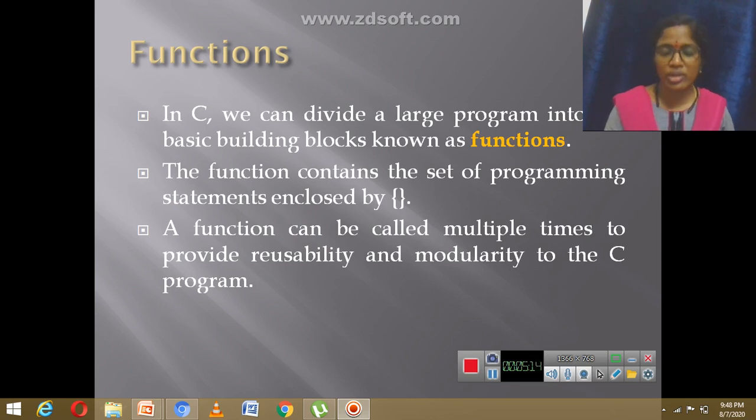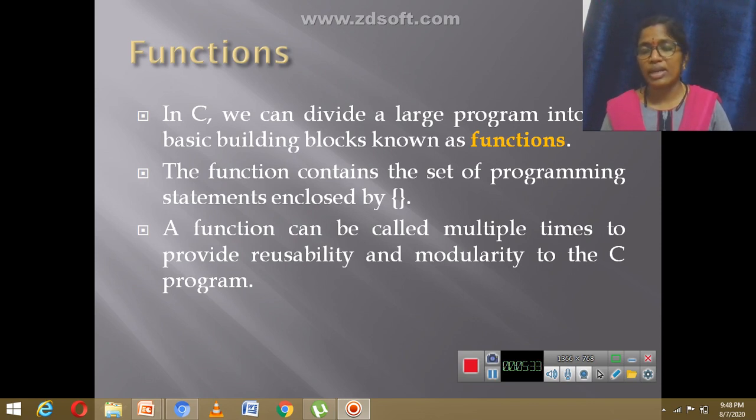Hope you have understood. Next, a function can be called multiple times to provide reusability and modularity to the C program. What is the meaning of reusability? I will explain with a simple example.